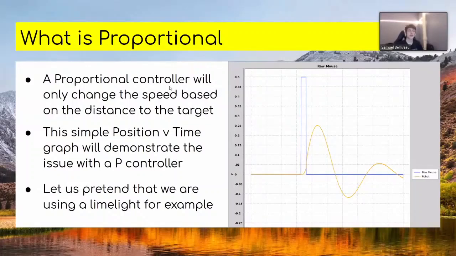So the P in PID stands for proportional, and this is the part that moves the robot towards the target. If you're further behind than where you should be, it'll try to move you forward. And if you're too far forward, it'll try to move you backwards. So here's a proportional versus time graph. As you can see here, it starts to oscillate because it moves too fast, and that means that the p-value is too high or that you're moving too quickly. And so you can either reduce the p-value, or we can get into the next thing,